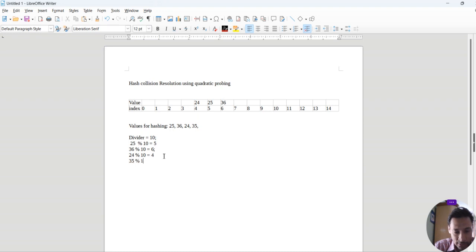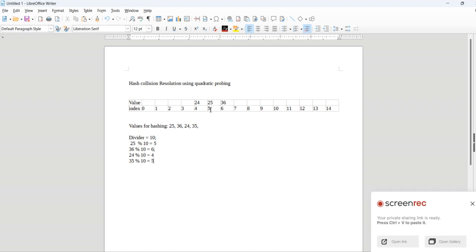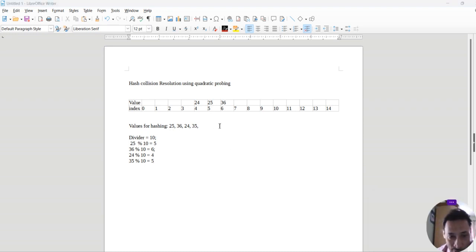Similarly 35 divided by 10 will give me remainder 5. Now the index 5 of this table is already occupied by 25. So this situation in which two different elements hash to the same position is called hash collision. And hash collision can be eliminated or resolved using different techniques like linear probing, quadratic probing. In this video I will show you how to write a Java program for